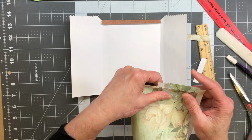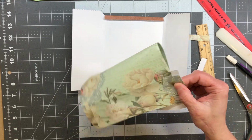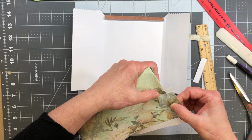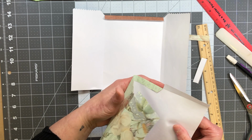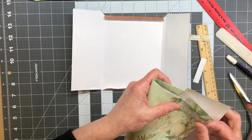Okay, so back to this, fold that in, and I'm going to come back around without creasing this. I just want to put them together to give me as close as I can to the top. And I know it's going to be the insides that I want to be slanted, but they are off, so is that going to make a difference? Yes, they have to be together. Okay, so...